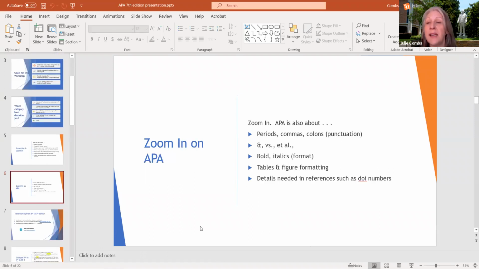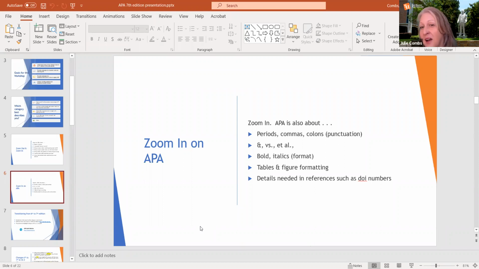So as we zoom into APA, a lot of times this is what people think of it as, all of these rules, all of these little things that I have to follow in my writing. These are some of the things that I've just listed here. Of course, there's many, many more, but the issue of formatting, do we use bold, do we use italics, when, that can be confusing.